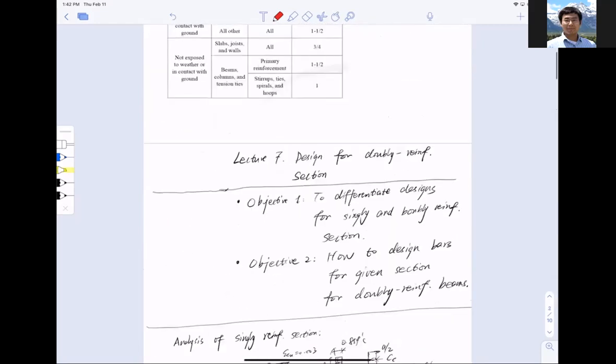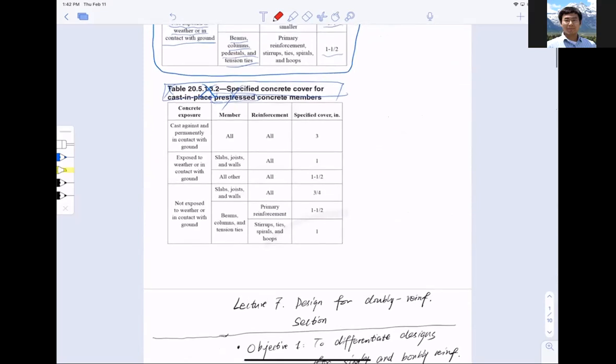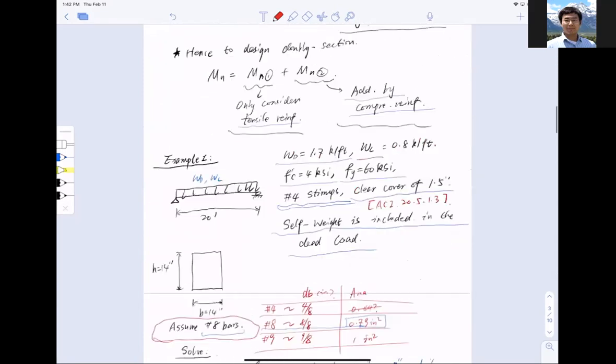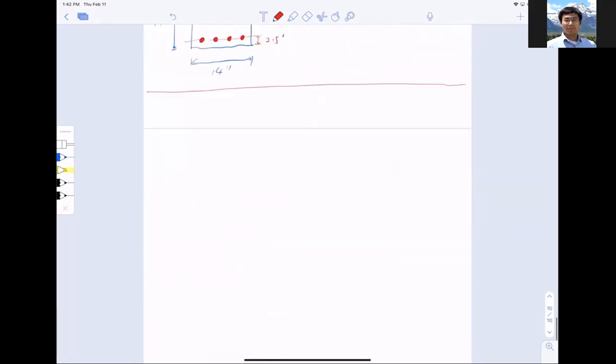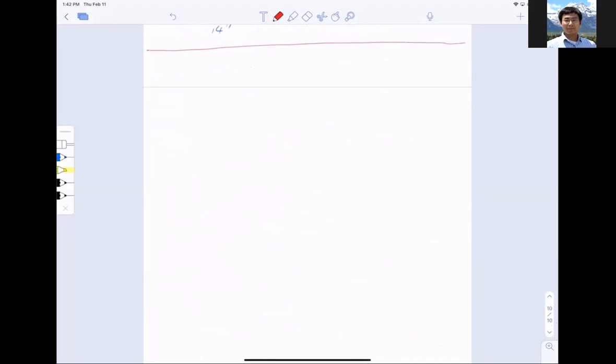All right, so let me pause here and show you what I think will happen for the exam. Okay, so review. Well, actually, I can keep going using the same board here. All right, so exam number 1 review, right? What we have talked about so far. Okay, so let's list all of the content that we cover. First, we talk about the basic properties of concrete,